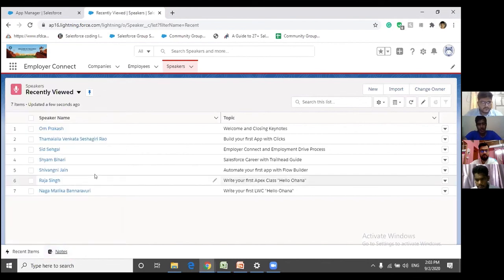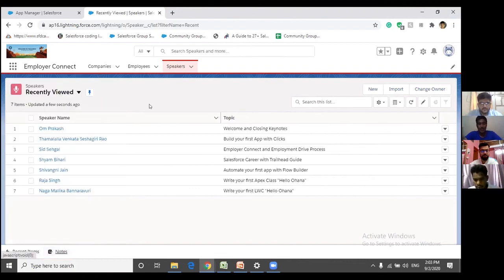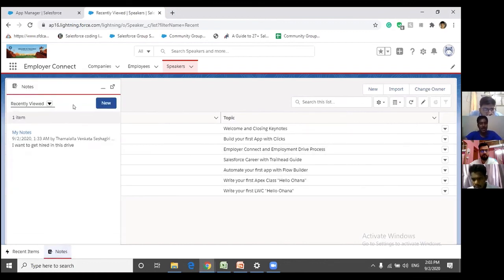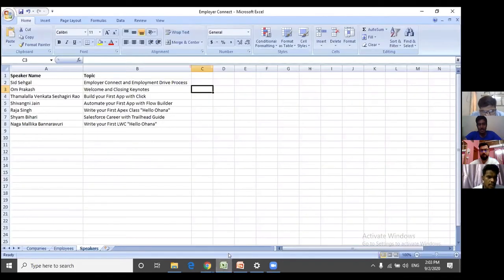So whensoever you close this application and open it again, this will be visible. So this acts as your notes. If you are on your mobile, you have to hop from one application to another application to write notes. But in Salesforce, you can do it in the same place. So this is it, guys. We have built a beautiful and small app within less time span. So this is how Excel sheet and Salesforce differ.